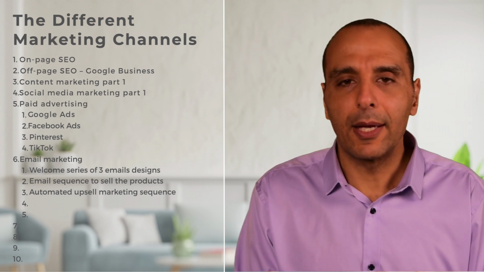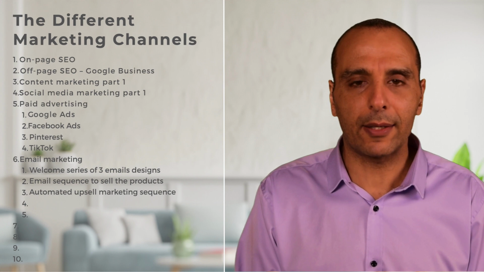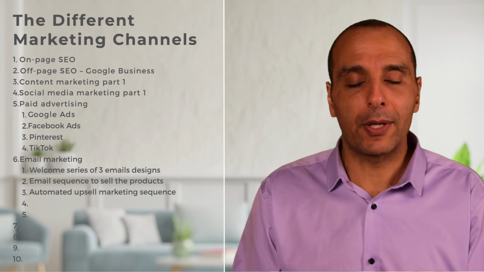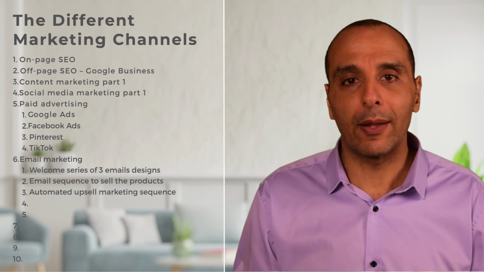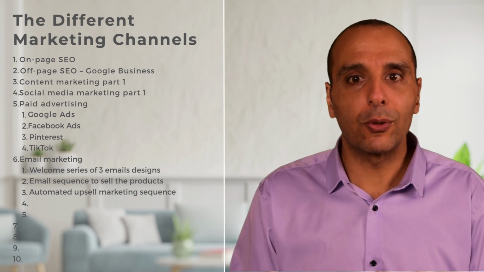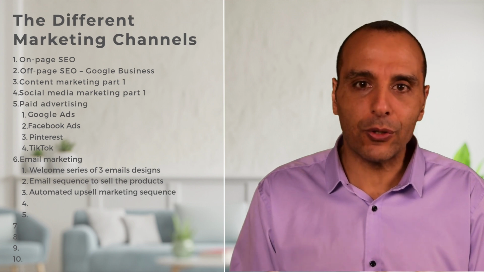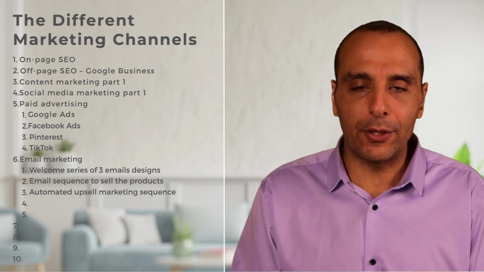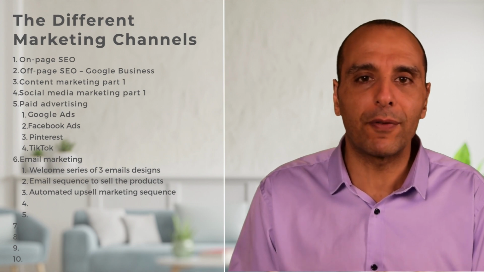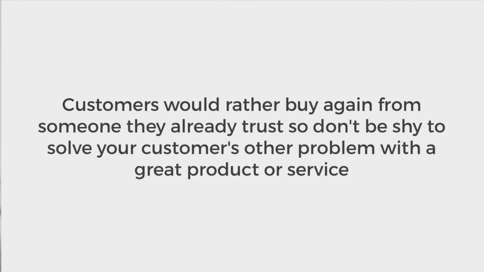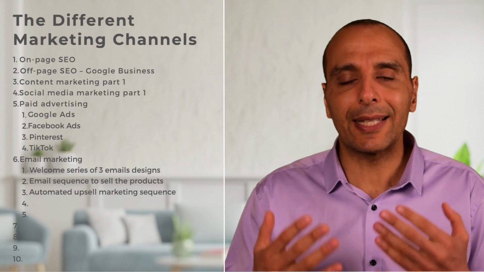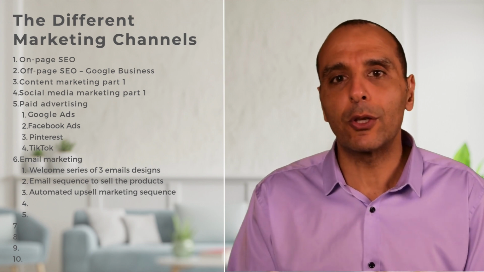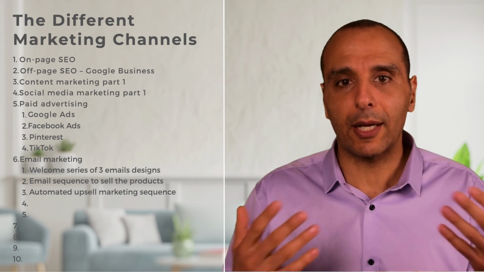All right, next. The next one is automated upsell marketing. As I told you, you want to have more than one product to sell to the person. Now you might say, well, I don't want to keep selling to people. Well, if they're buying, it's because you're solving a problem. And so the idea is actually to keep providing value, the next valuable product, the next valuable service that will solve their problem. And people would rather buy from someone they already know than go buy somewhere else. So you make it easy on them, find something else that they will need and sell it to them, and send it through an email campaign because that's cheap, right? It costs you nothing to send that email.